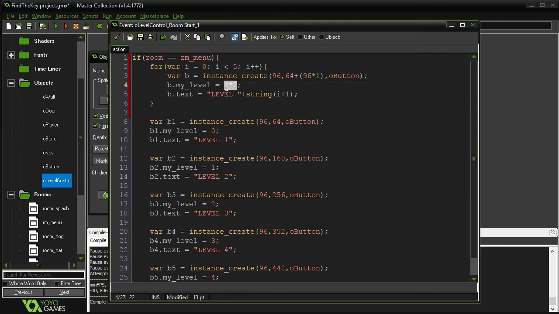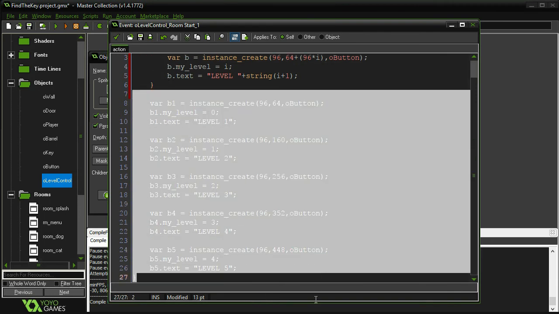So doing this will make it, instead of 0, 1, 2, 3, 4, it'll be 0, 2, 4, 6, 8. So with that in mind, we can do a very similar thing and say we start at 64 here, and then each iteration we add 96. So it's 64 plus 96 times i. If any of this seems confusing, you can just plug in i for the individual iterations and you'll see that it makes sense. Okay, so that's how our loop works, and then we can delete all of this,